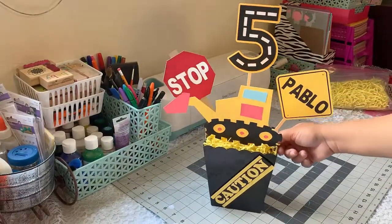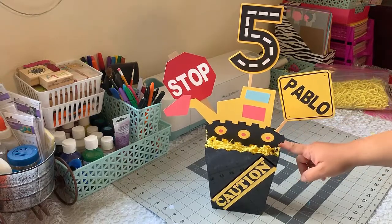Okay, so that's how it looks with the yellow shredded paper, and I actually like this one a little better,